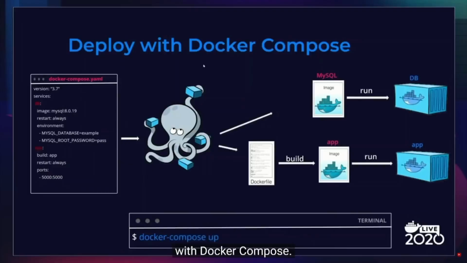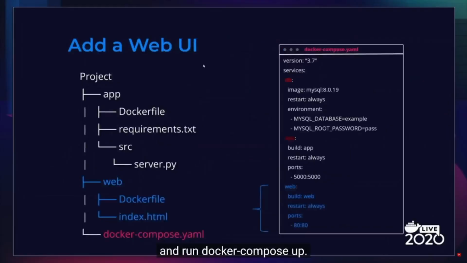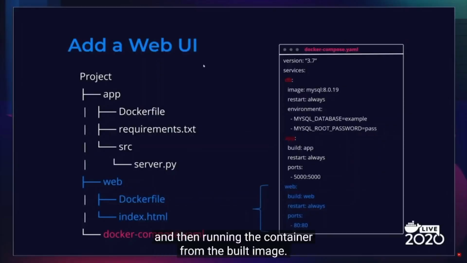So let's see now how to add the third and last component to our project, the web UI service. As we did before, we create a dedicated folder as we have specific files for it, and we add the code and the Dockerfile to build its Docker image. To be able to access it, as it is the front end for our project, we map port 80 to localhost in the compose file. With a simple